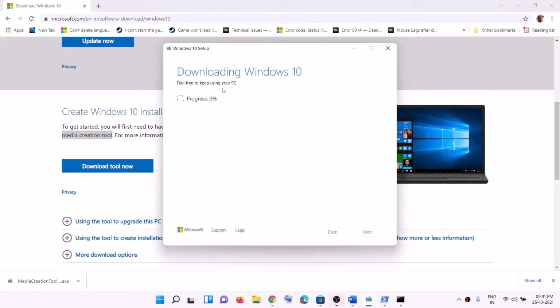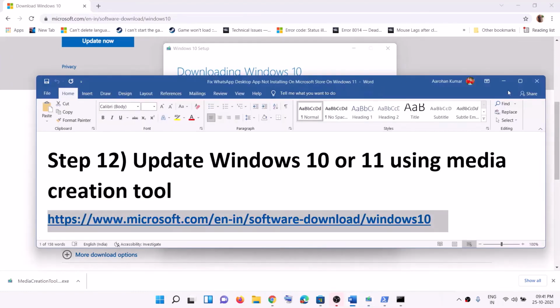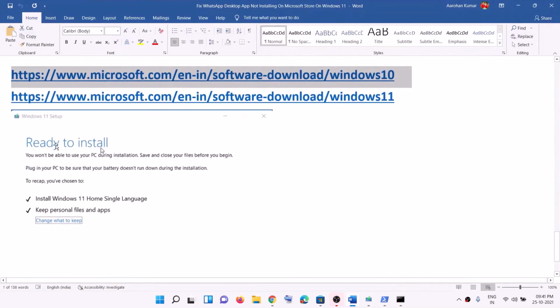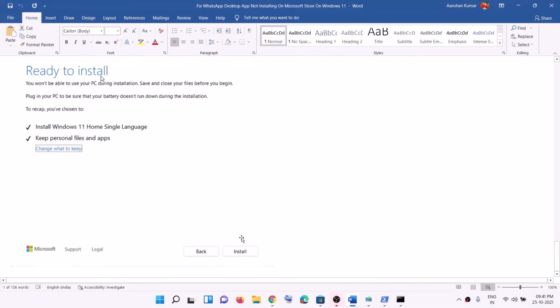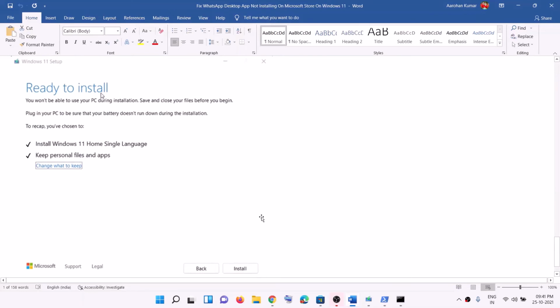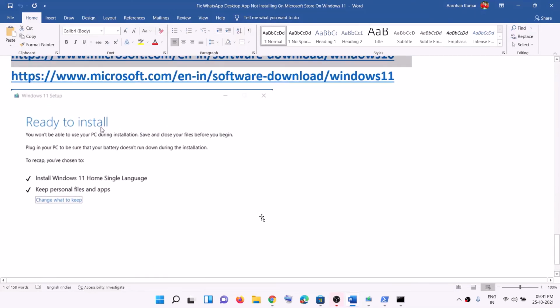Now this process will take some time. Once the download is complete, before the installation, you will see this screen which says ready to install, and by default the option to keep personal files and app would be checked. Now when this is checked, you will not lose any data on the computer. So you can go ahead and click on install, and after the installation, log into your computer, open Microsoft Store,